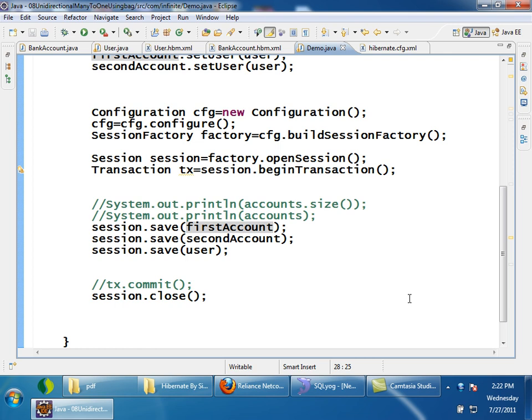In the user table, is there a row when it is inserting the first account? In the user table, is there a row for primary key 3? No, there is no row when this insert statement is fired. So there is no row for primary key 3 inside the user table. If it tries to insert 3 for the foreign key UID here, will it cause any problem? UID is referring to the primary key here. In this primary key, the user is still not inserted. 3 is not there. So this insert query, the insert query for the first account,